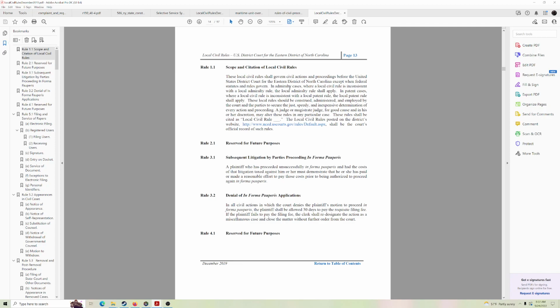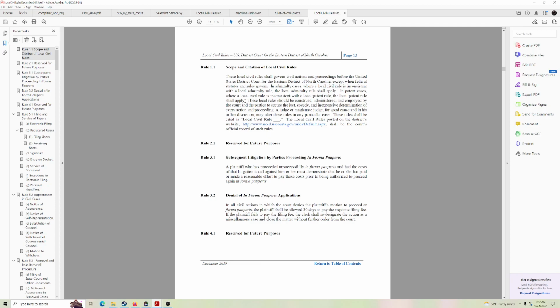In admiralty cases, where a local civil rule is inconsistent with a local admiralty rule, the local admiralty rule shall apply. In patent cases, where a local civil rule is inconsistent with a local patent rule, the local patent rule